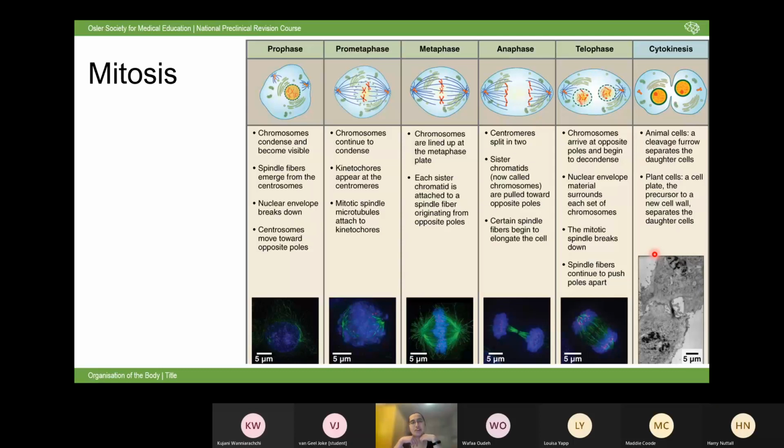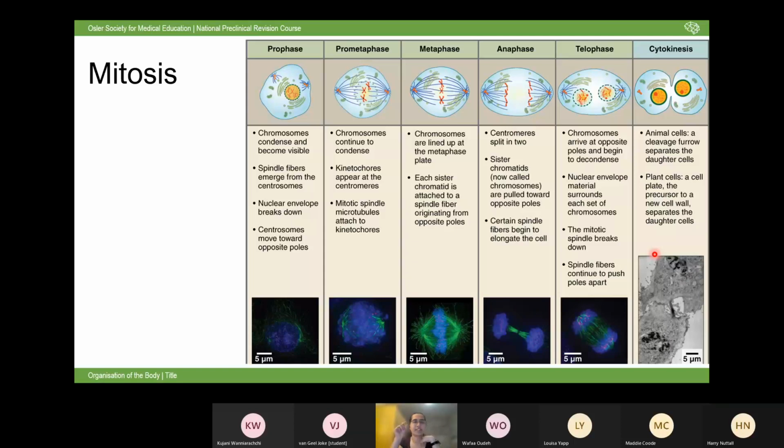So then in prometaphase, which is just the bit in between prophase and metaphase, essentially that continues to happen. And mitotic spindles, which are just microtubules, which remember we talked about earlier. So the mitotic spindles attach the centrosomes, which are the bits that are at either end of the pole, and they start to build up towards the chromosomes. And then in metaphase,